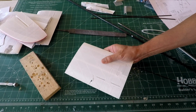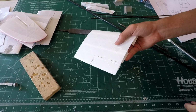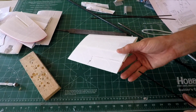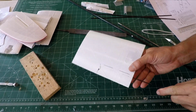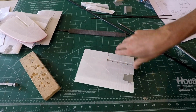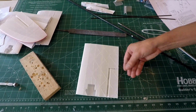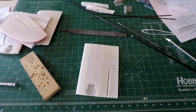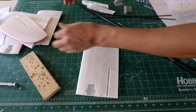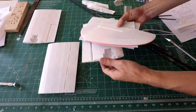Carbon. Right, make sure it goes in the rod slot. Okay, this part is ready to go, and I'll move on to the other ones. So once they're all cleaned up,